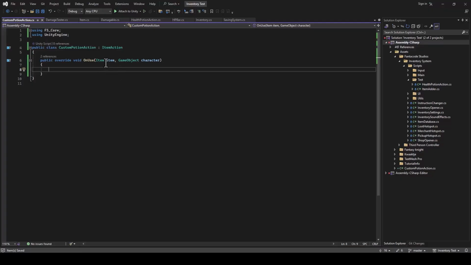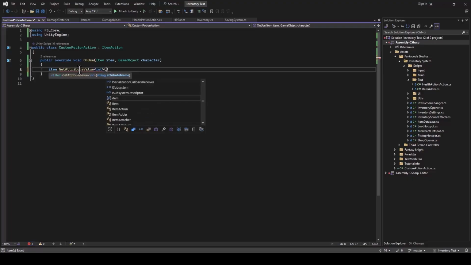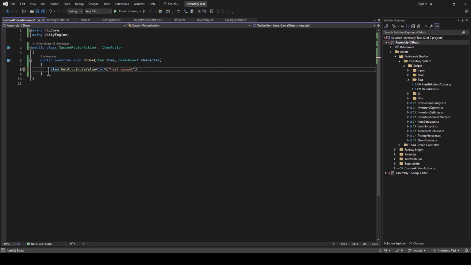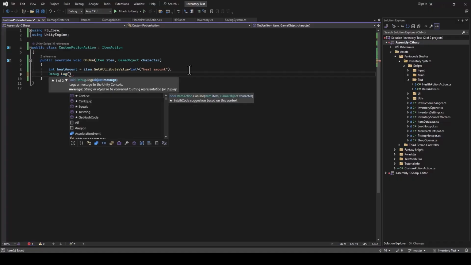So let's say first I want to fetch the heal amount of the item. So I'll call item.GetAttributeValue, and we know that this attribute is an integer and its name is heal amount. I'll just store this in a variable called healAmount, and then we can use it to restore the HP of our character. This is code that will be different for your controller. For now I'll just log some message saying something like the HP was restored